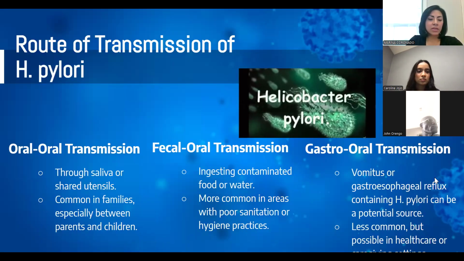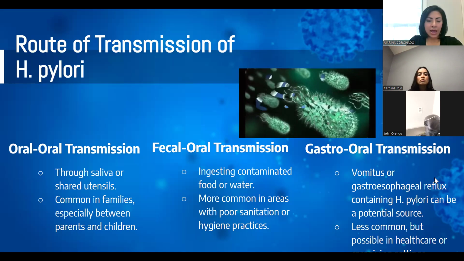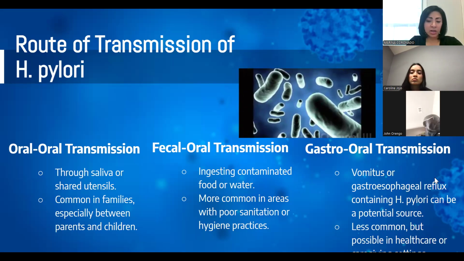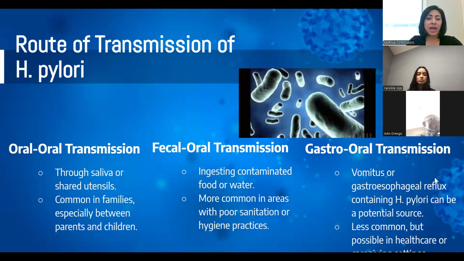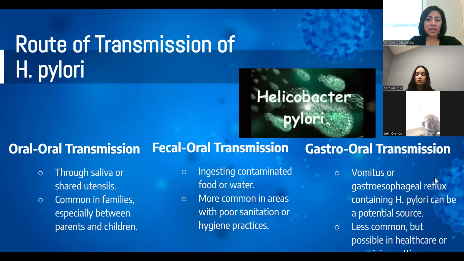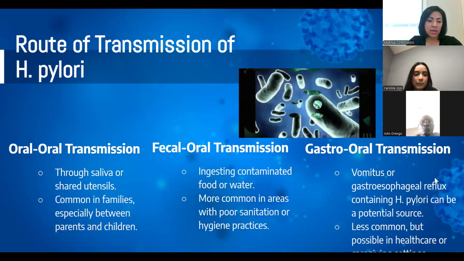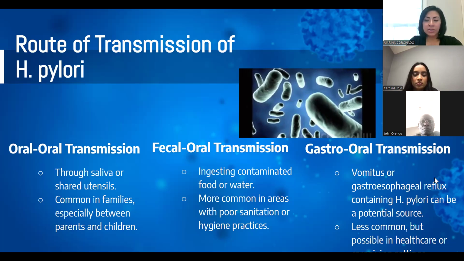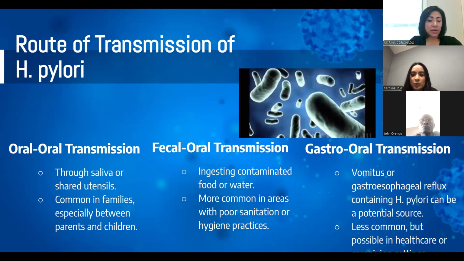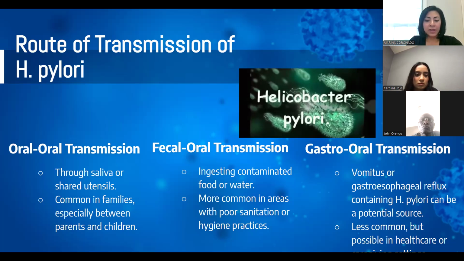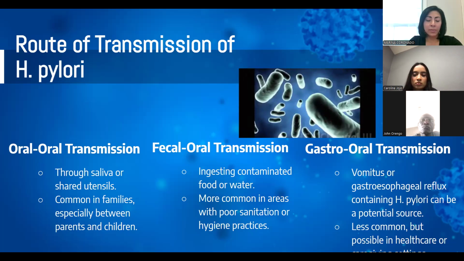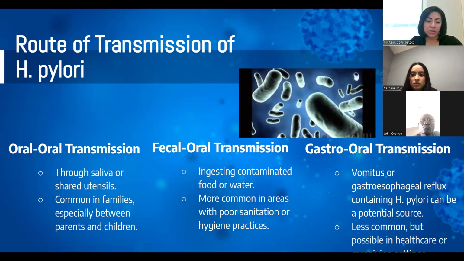And so stomach cancer itself does not have a route of transmission like an infectious disease. However, certain risk factors that can lead to stomach cancer do have identifiable transmissible routes. And the most significant, as you can see here, is the Helicobacter pylori or H. pylori infection, which is a bacterium strongly associated with the development of stomach cancer.